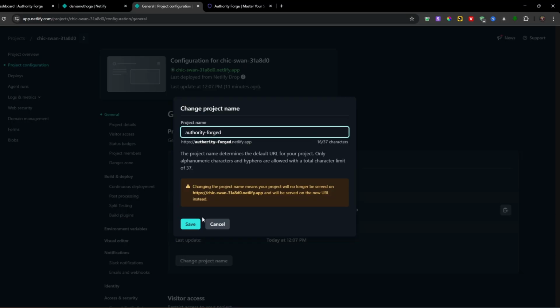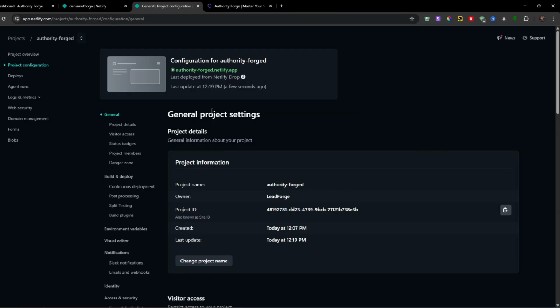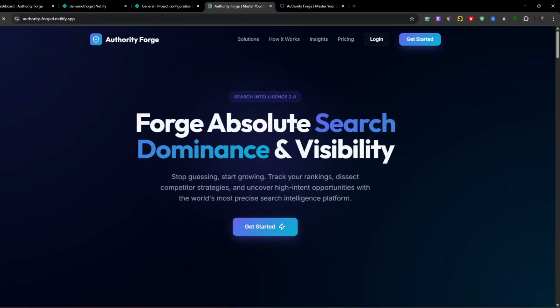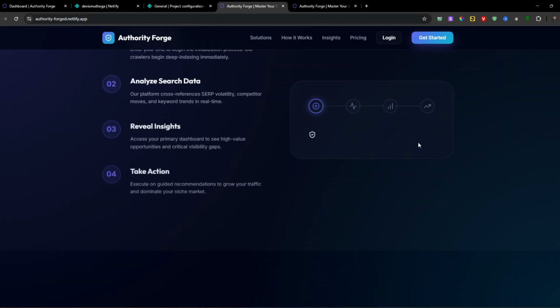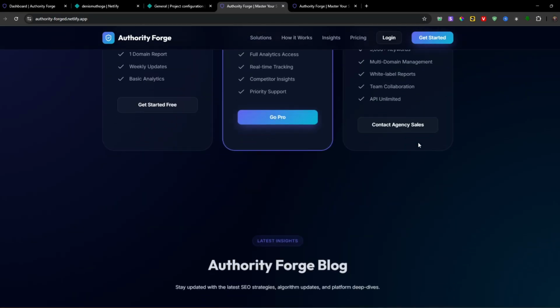Like Authority. Click on save. You can see now our site's URL was changed to exactly what we wanted. Authority Forge Netlify.app. So now our site is officially live and deployed, and anyone on the internet can be able to access